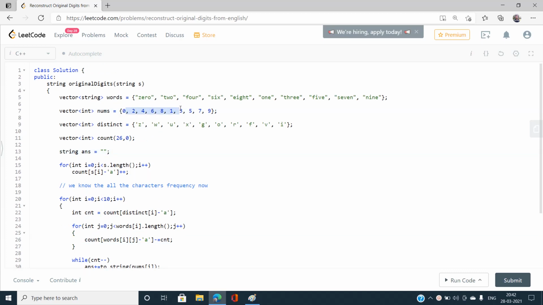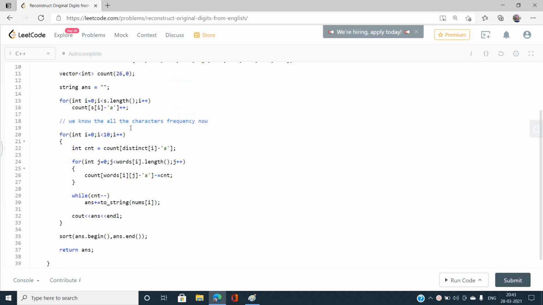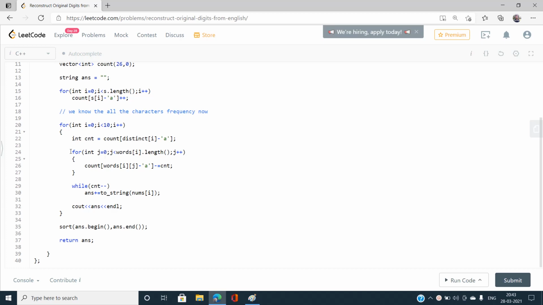Because if I go in this sequence, then the amounts are going to be reduced by the frequencies of the previous ones. So just take the count, iterate over the word, and subtract the frequencies from the frequency table. Finally, I push the digit exactly count times. So this is done.